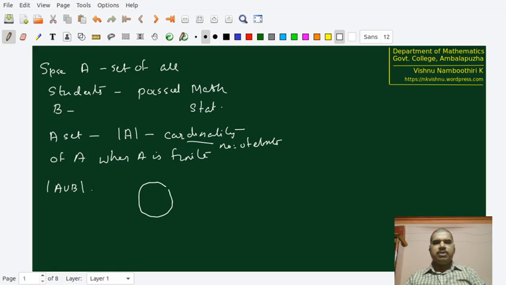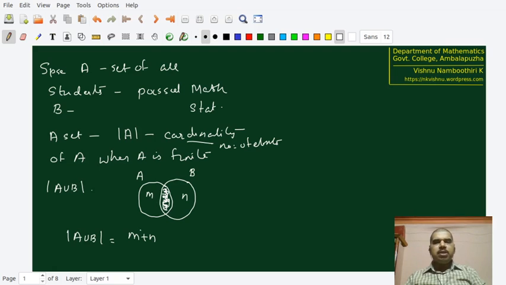Suppose that we have this set as A, and suppose that we have this set as B. Suppose that here we have m elements, and here we have n. Therefore, we may tend to think in the beginning that the cardinality of A union B is m plus n. But from the picture, it becomes clear that we have actually made some over counting, in the sense that this portion, which is nothing but A intersection B, has been counted twice.